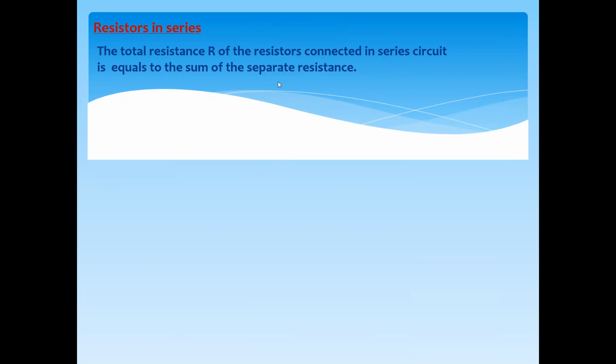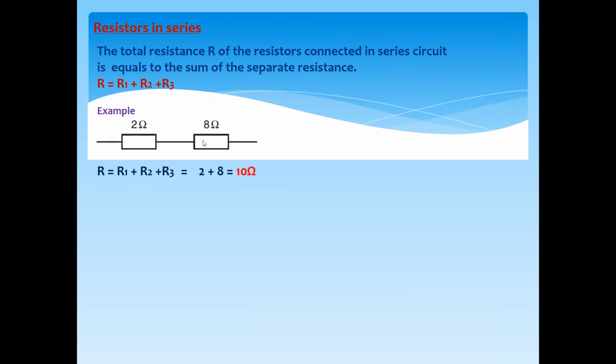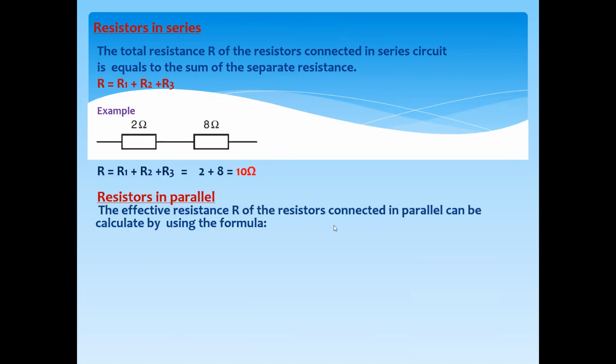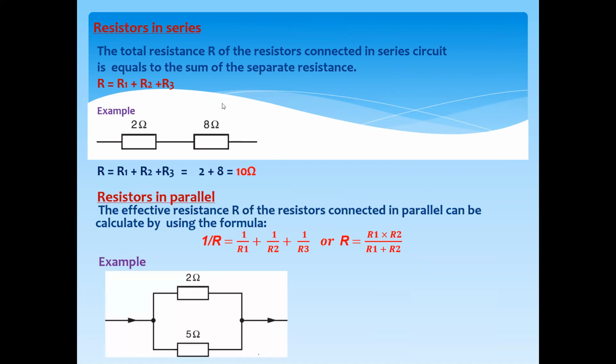If we have resistors connected in series and we want to find the combined resistance, we will add them. And if two or more resistors are in parallel and we need the combined resistance, that will be product divided by sum for two resistors. So when two or more components are connected in series, the combined resistance will increase, and if they are connected in parallel, the combined resistance will decrease.